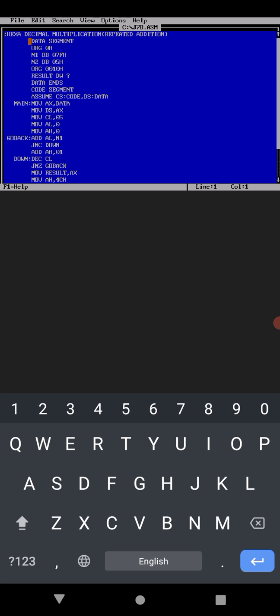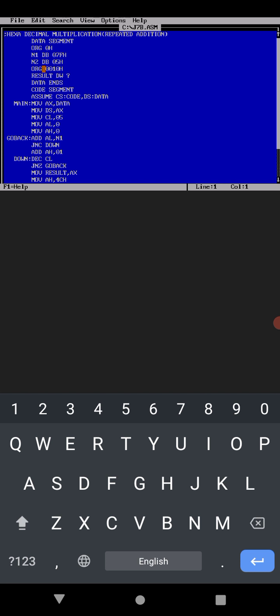First is the data segment, which we know. org 0h, n1 db 07fh, which I want to multiply with n2, that is db 05h, by repeated addition. So I have to add 07fh 5 times, then I will get the result, like 07fh multiplied with 05h.